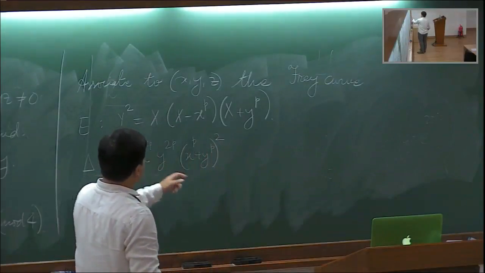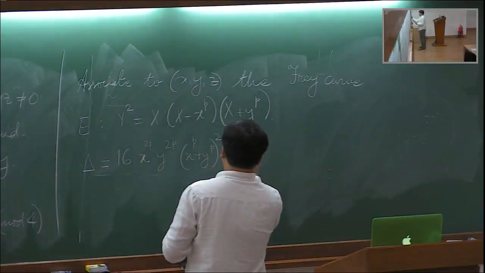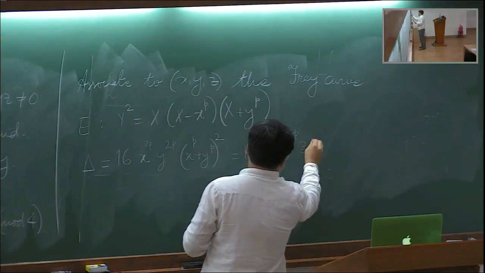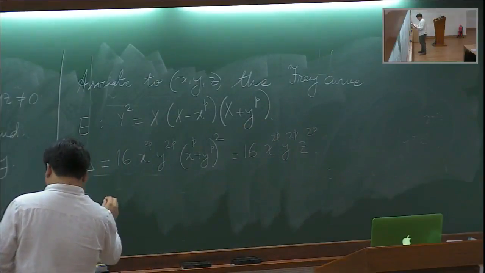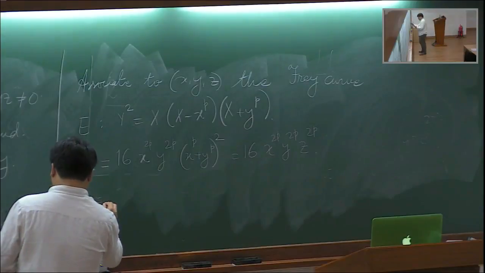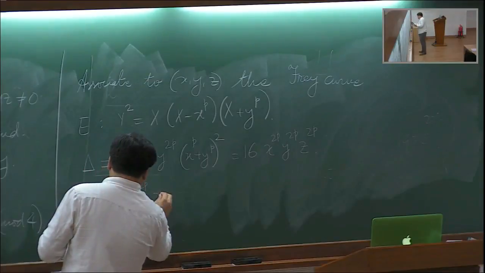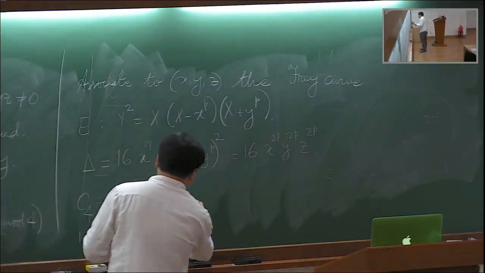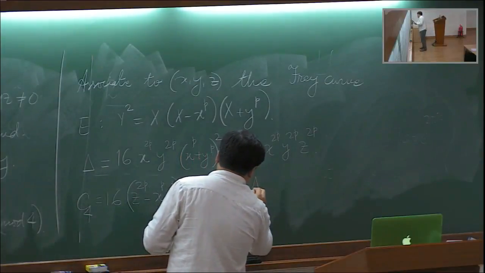So this is the discriminant of this cubic, and I have multiplied by 16, and this is 16 times x to the 2p, y to the 2p, and z to the 2p here. And you also remember this invariant c4. You can look up the notes of Sudhanshu and Sujata for this number. And the GCD of c4 and delta